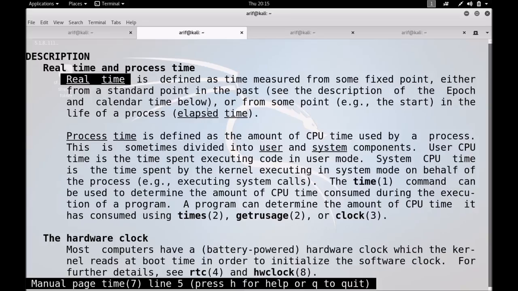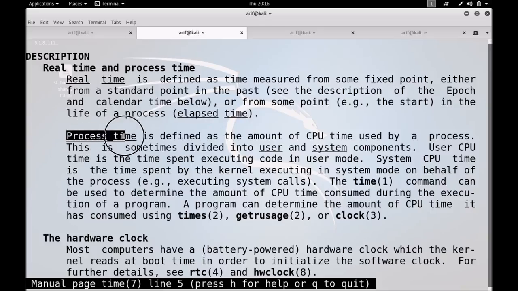There is another category of real time, that is the elapsed time. This is a time measured from some point in the life of a running process. It is normally used to answer questions like how fast does program A run on machine X, which might be asked by a programmer trying to optimize the performance of his program, and may be asked by a customer trying to decide which machine he or she is to buy.